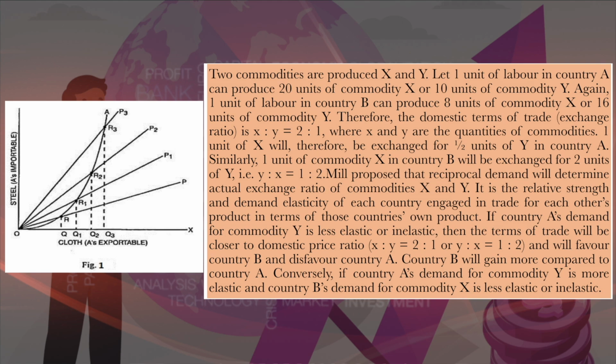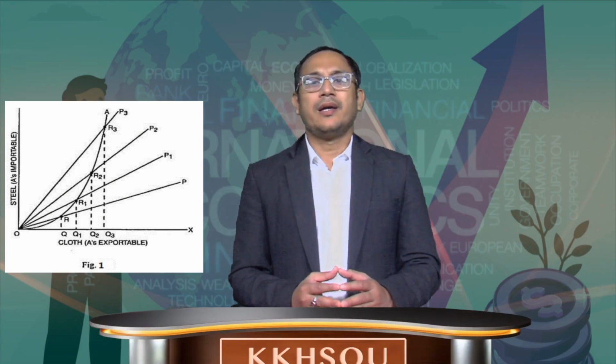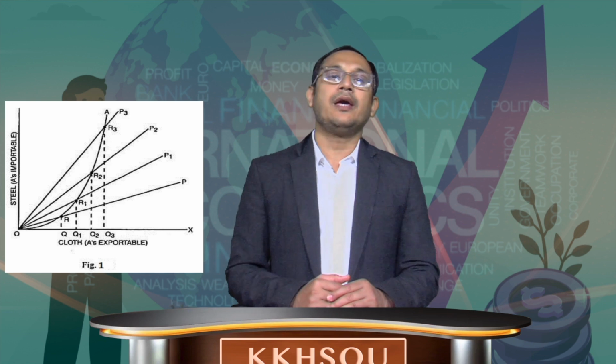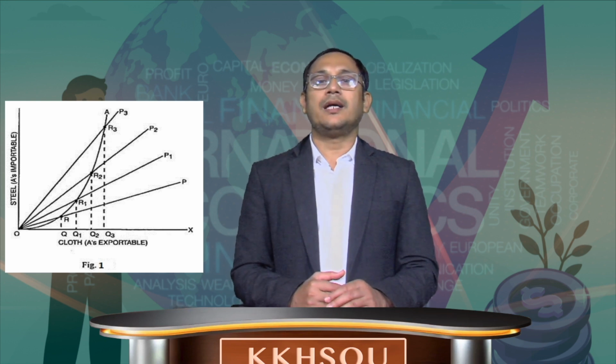Then the terms of trade will be close to the domestic exchange ratio of country B. In that case, as in the converse situation, country B has an inelastic demand for commodity X, which is basically produced by country A, so country A will get the terms of trade in its favor, gaining more compared to country B. So in this case the terms of trade will disfavor country B, and its gain will be less compared to